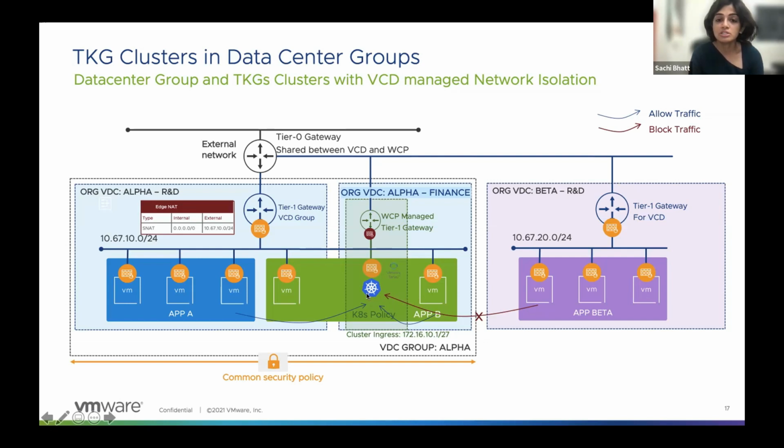These two rules are automated again, and any trigger that would change this topology, for example, deleting this namespace altogether, or removing an org VDC, for example this R&D org VDC being removed from this VDC group, means we don't need those additional access rules to the Kubernetes cluster on that edge gateway. VCD will go ahead and manage those rules automatically, so the provider doesn't have to.